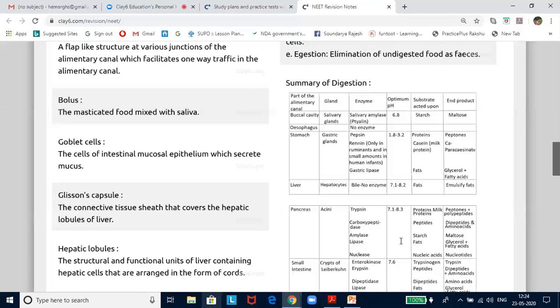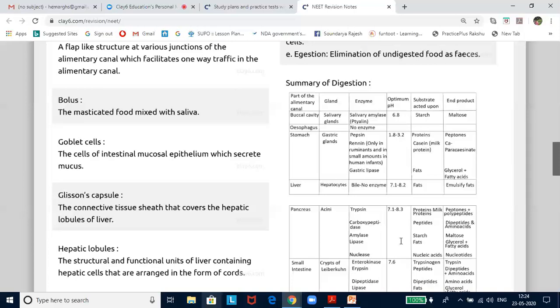Pancreas is an elongated gland that secretes both digestive enzymes and hormones that help to regulate the levels of glucose in the blood. Now, pancreatic acinar cells, that's the exocrine part of the pancreas, produce pancreatic juice that contains protein digesting enzymes, namely trypsin, chymotrypsin, carboxypeptidase, and carbohydrases like pancreatic alpha amylase and lipase. All these enzymes enter the duodenum via the pancreatic duct.